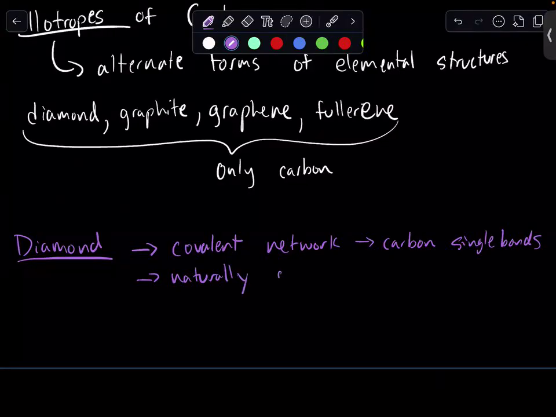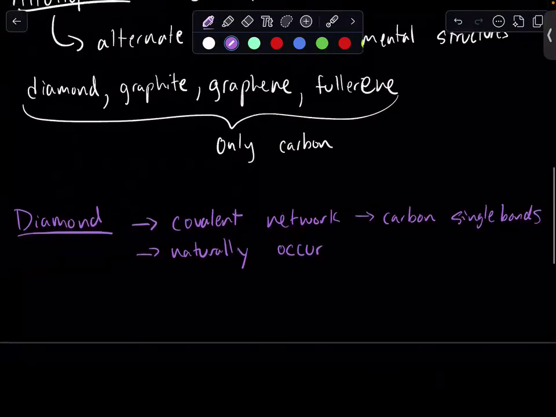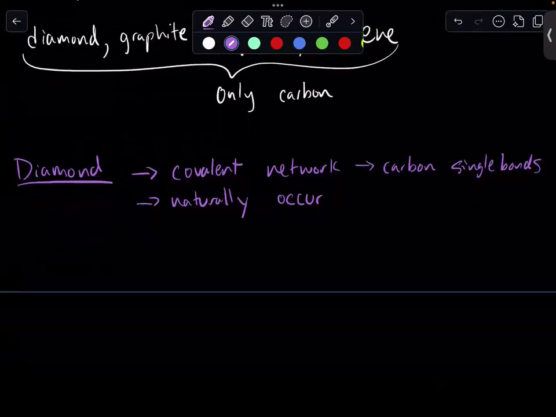Diamond's actually incredibly common, and it appears in the earth under heat and pressure. Carbon will turn into diamond. We can even make it synthetically, and that's used for mining equipment and tools for its properties. Something very specific about it is its tetrahedral shape